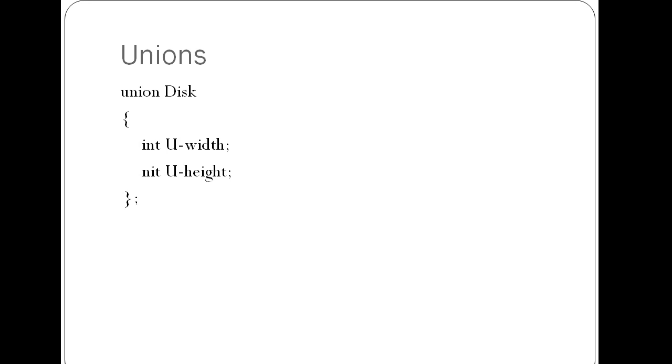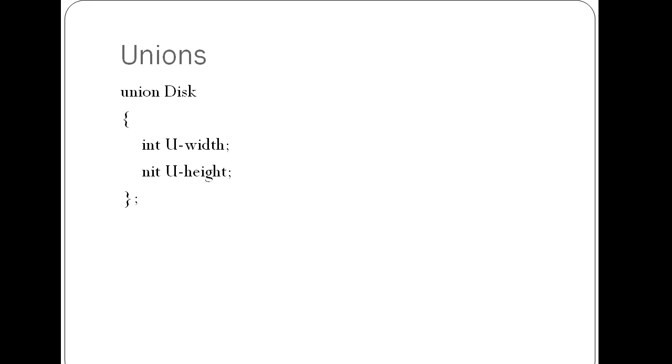They look similar, but the memory allocation for structures and unions is different. In case of a union, the memory is allocated for the largest data type. For example, if this union has two members, say one is integer and another one is double, then the memory is allocated according to the largest memory occupied by a member.